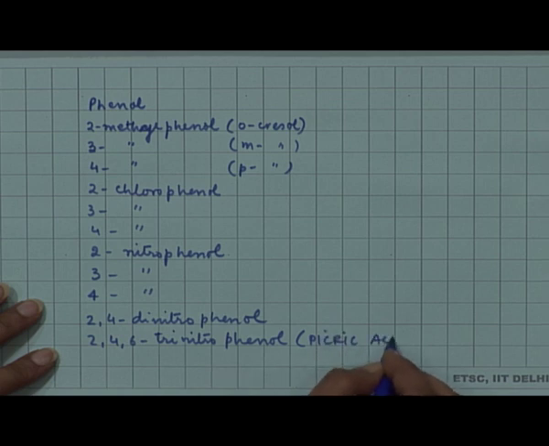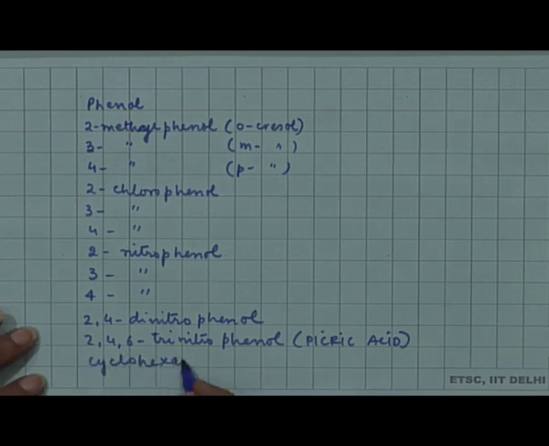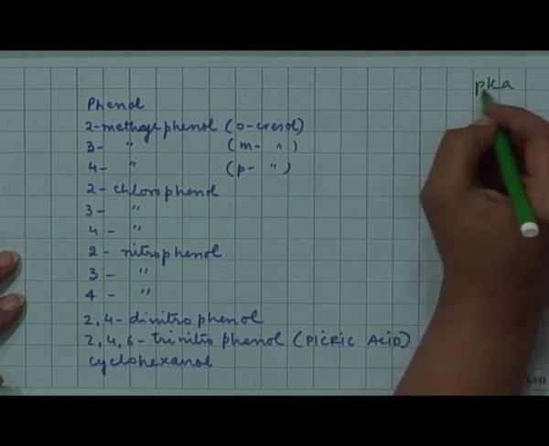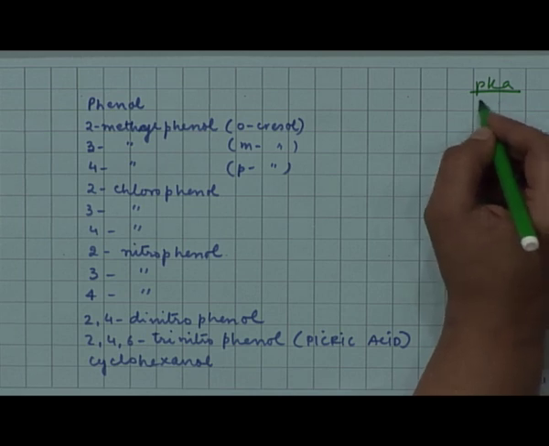So, the acidity is comparable to an acid, so it gets the name picric acid, and compare it to cyclohexanol. So, the pK values of these different phenols and cyclohexanol is of the order